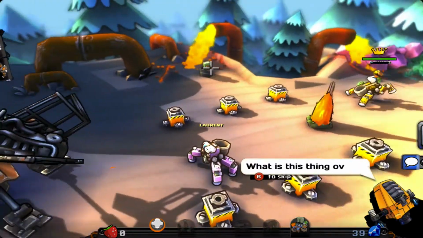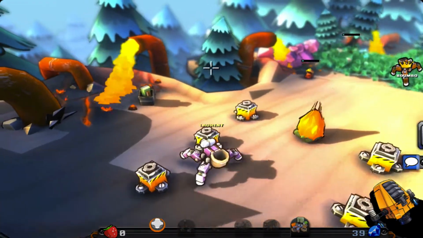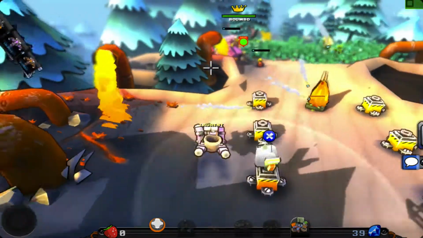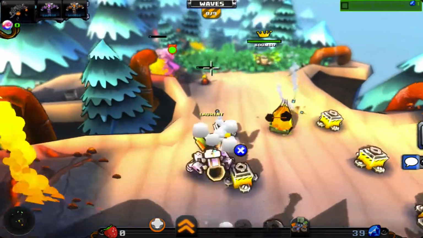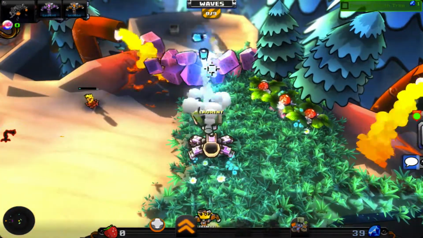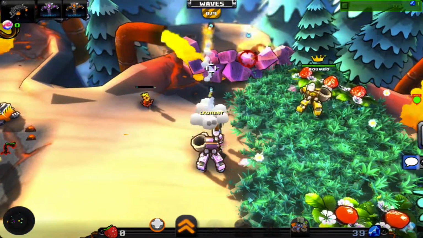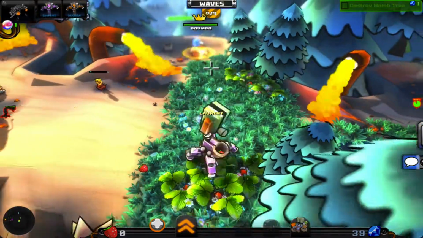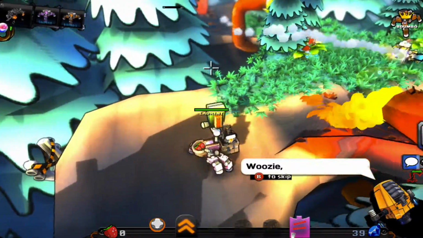So that big cocoon right here is actually a mutation of the strawberry patch. In doubt, blow it up. That's the missile launcher we saw earlier. And the pink rocks over there, I don't know why they're pink, but I made them pink for some reason, when you shoot them. So as you notice, there you go. Blows up the stuff, and I can get